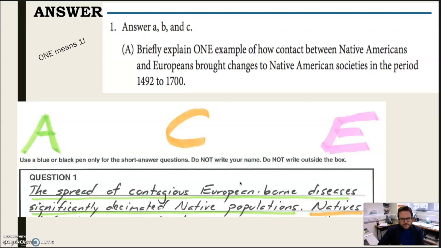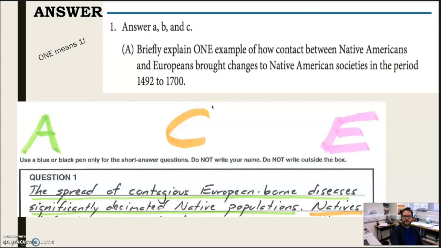All right, now let's look at an example of an answer. The spread of contagious European-born diseases significantly decimated native populations. Right there, briefly explain one example of how contact between Native Americans and Europeans brought changes. Well, the spread of contagious European-born diseases significantly decimated the native populations. So it's specific, right? It doesn't just say diseases came. It told what diseases actually did, all right? So it's a very specific and clear answer,